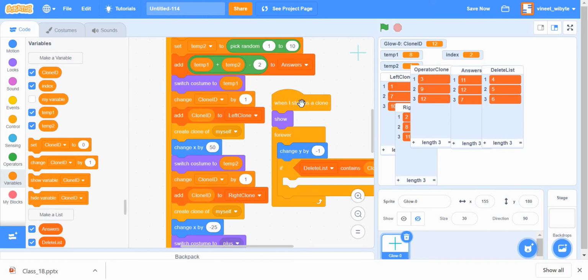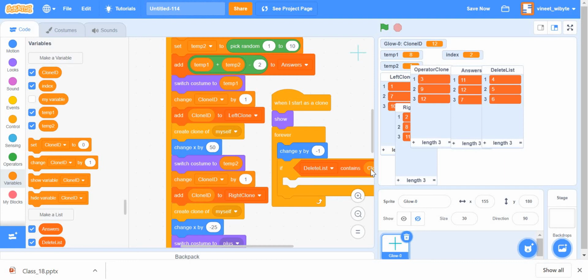But I also want to make sure that the delete list itself is being pruned. Why do I do that? Because I do not want this list to become very, very large, because with large lists, when you run this contains operation, it takes a long time. You have to think how this is working: it's taking every element of this list and comparing it with whatever is in here. So if the list is very large, this operation takes a very long time and slows everything down. So I want to keep pruning my delete list. I know I'm going to delete this clone, so I can as well remove this particular thing from the delete list. How do I do that?